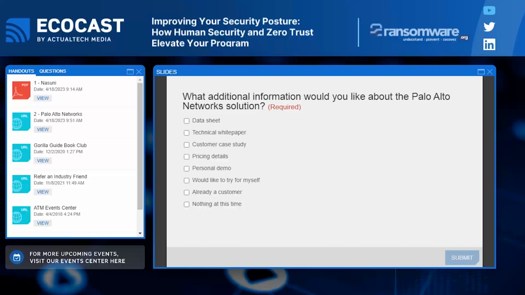ZTNA really started back in 2010, as we were talking about, when we started to see mobile, or I should say Wi-Fi, enterprise Wi-Fi starting to take shape in the enterprise. ZTNA as a concept was designed back in 2010. A lot's changed between 2010 and now 2023. In particular, where users work, how users work, the types of applications that we have, even how we build our applications has all changed. But ZTNA traditionally was focused on just getting users access to the things they need on-prem.